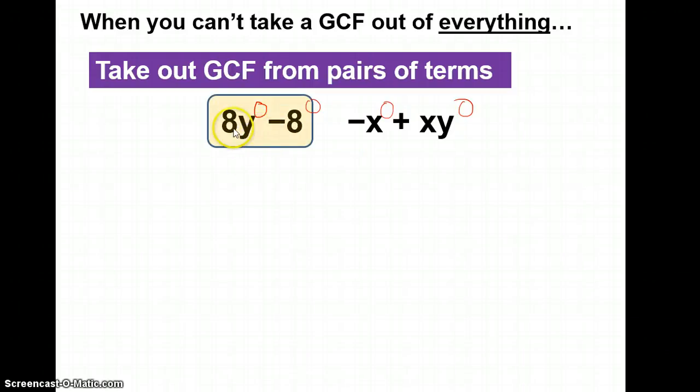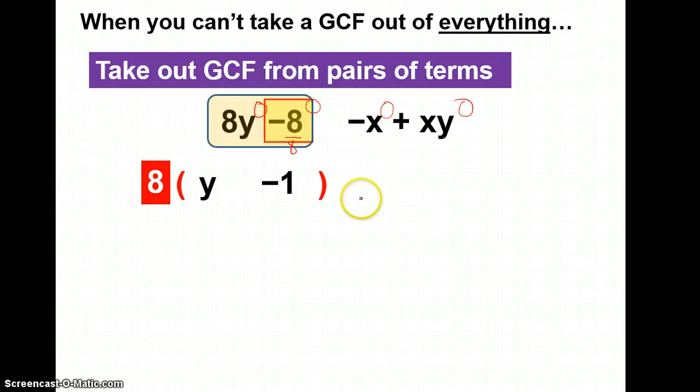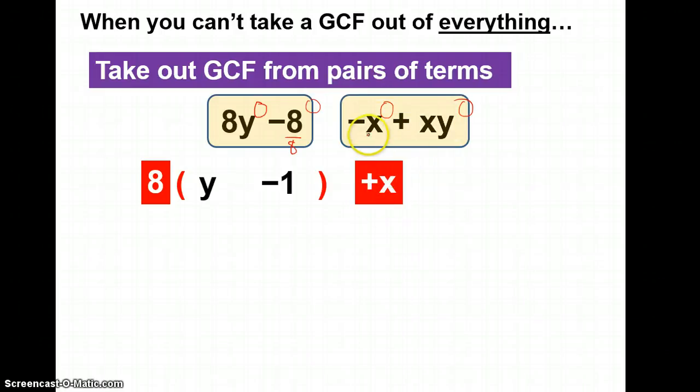Let's use the same technique we've been using. What are these both a multiple of? 8, right? So if I divide out an 8, that'll be y. 8 divided by negative 8, negative 1. Okay, what do these two have in common? Well, they both have an x, right? If I divide out an x, I'll be left with a negative 1. If I divide out an x here, I'll be left with a